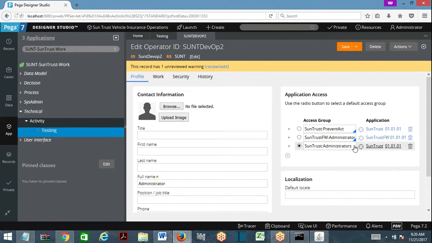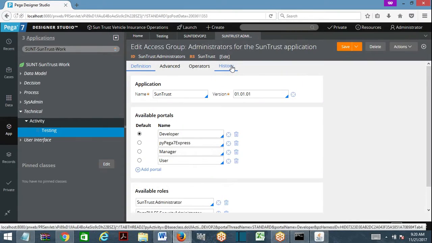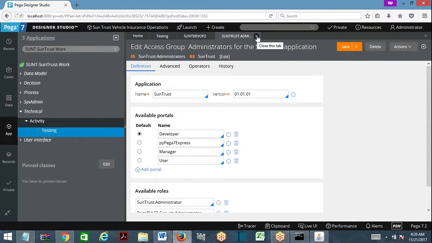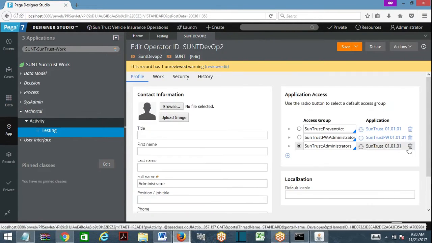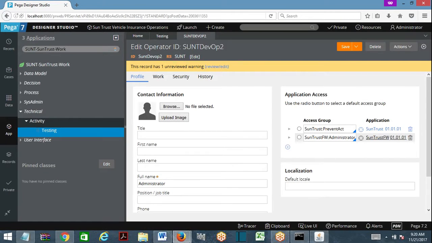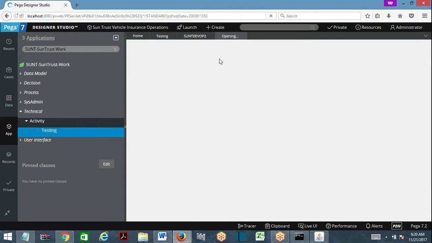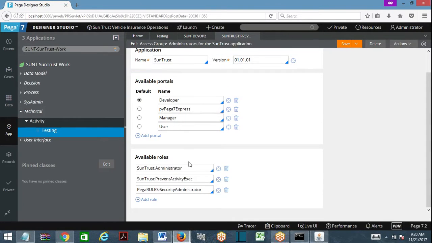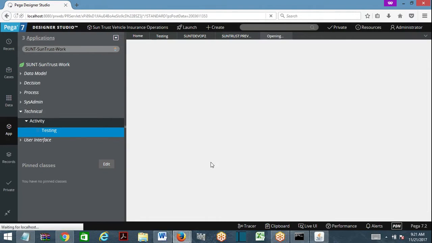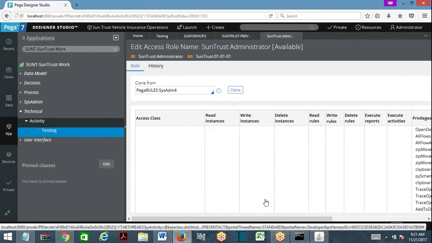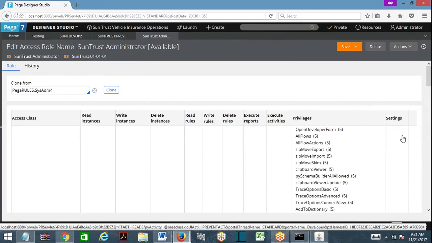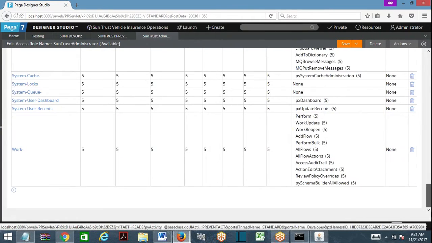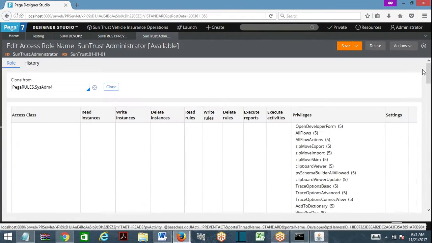This access group I have to modify. So if you go to this access group, what is there? It has the administrator role as well as this one. In this administrator role, it doesn't talk about our work class, right?